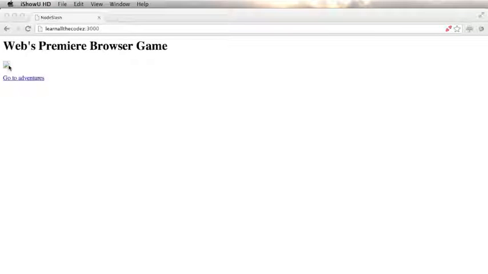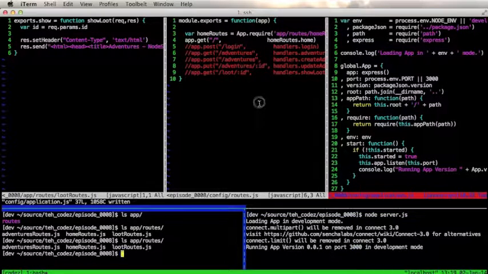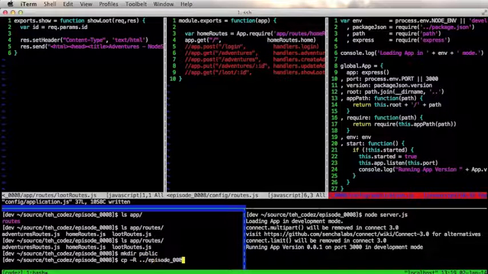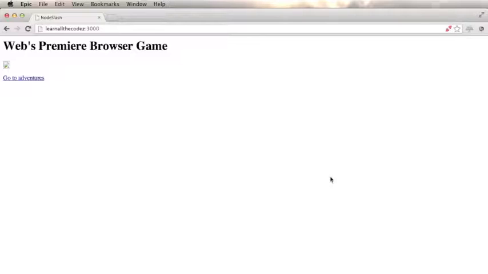We have a broken image because we haven't copied over the static assets yet. So let's go ahead and do that real quick with a simple make dir public, and then we'll grab anything that we had in there and put it in public. And this time